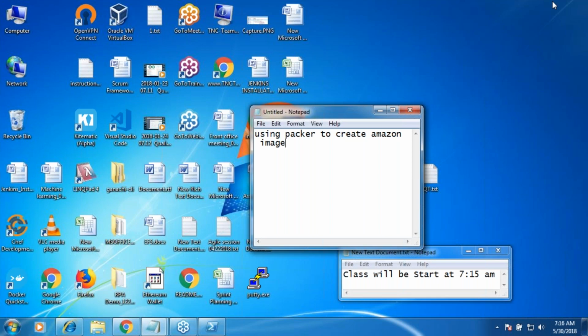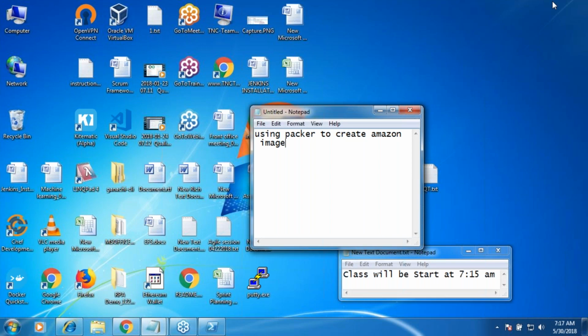Yesterday, what we have done: we logged in to Amazon, created the virtual machine, and then in that virtual machine, we executed some manual commands. To be more specific, I executed only two commands: sudo apt-get update and sudo apt-get install nginx. After that, I went to the EC2 machine, right click, image, create image. These are the manual steps which I did yesterday. Right now, I want Packer to do all of that.